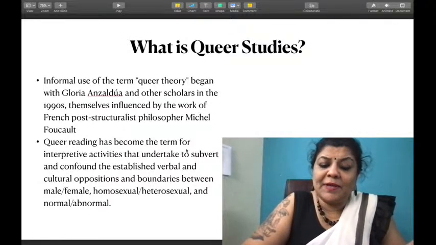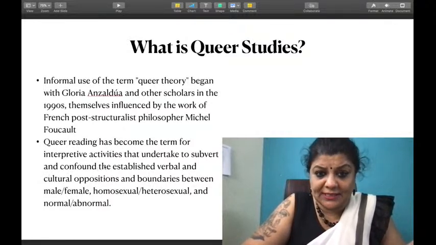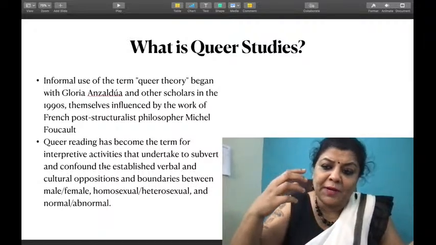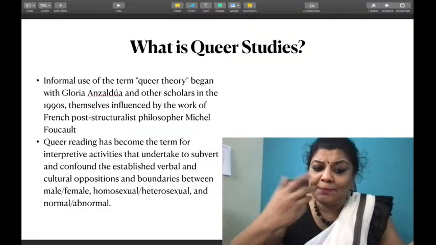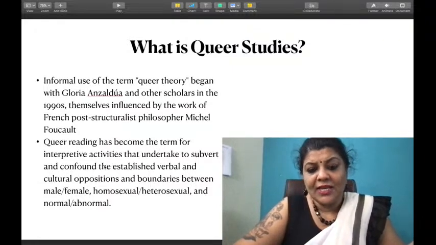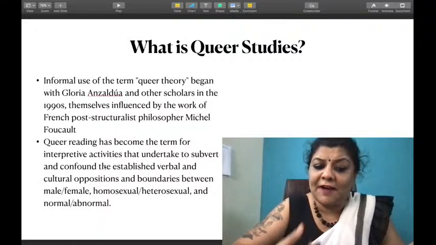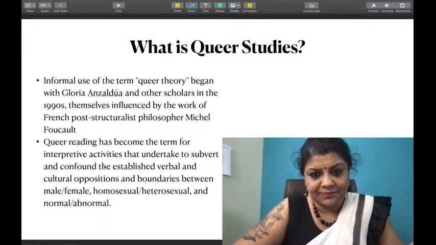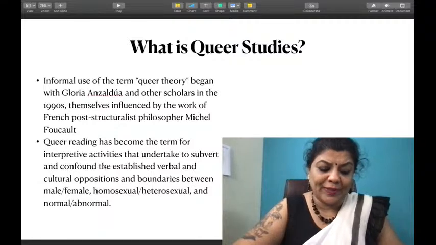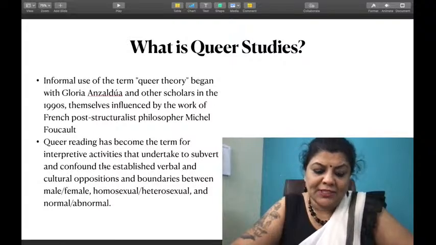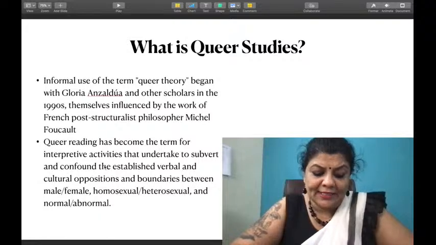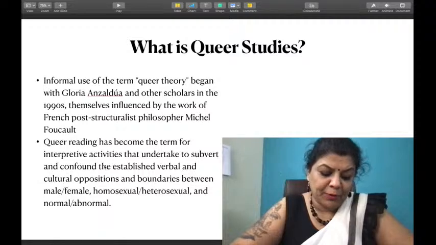Queer reading has become a term for interpretive activities. How to read anything from a queer perspective. Queer reading has become the term for interpretation that undertakes to subvert and confound established ideas. Established ideas are questioned in queer reading. Established ideas, oppositions, and boundaries are interrogated and negated and questioned in queer reading. That is a very important aspect of